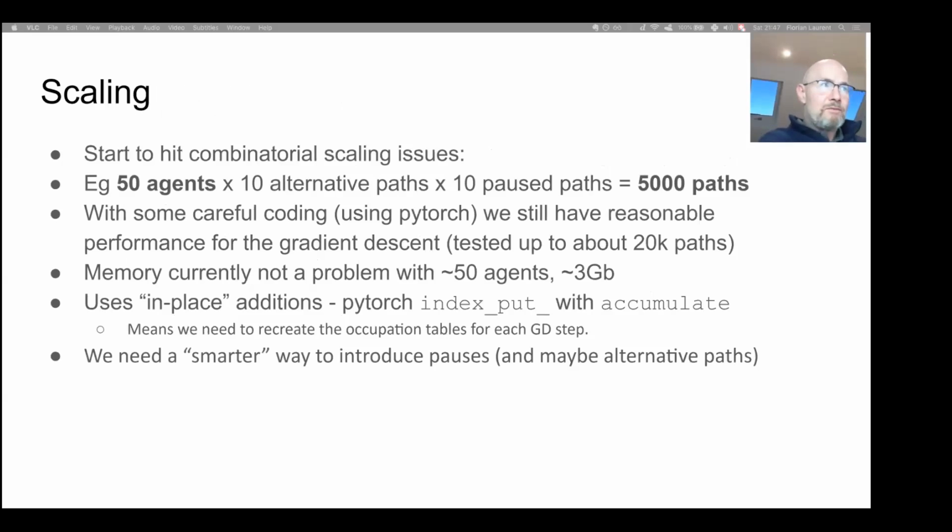Obviously, there's a scaling issue with this, because you've got your agents, and then for each agent you have alternative paths, and then for each alternative path you've got alternative paused versions of that same path. So 50 agents quickly turns into 5,000 paths. Now we've programmed this in a certain way so that it doesn't eat up a lot of memory. We tested it up to around 20,000 paths, and it's only using a handful of gigabytes of memory on the CPU. It uses this thing called index put in PyTorch,